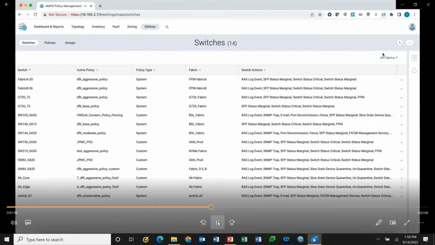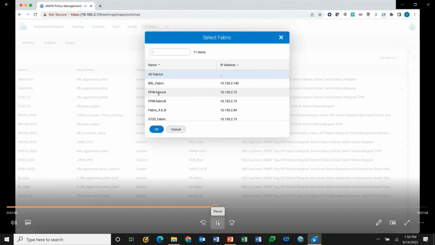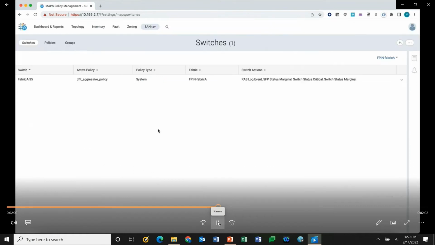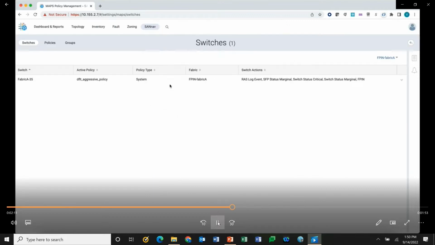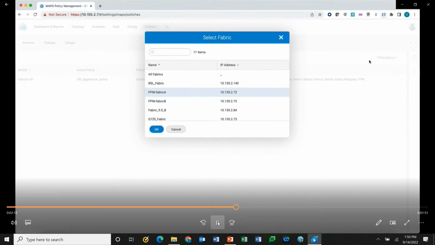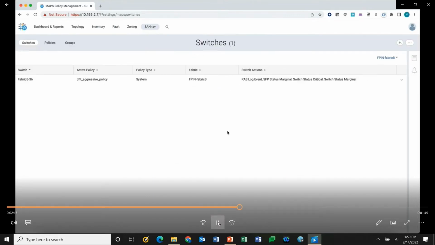Next thing he's going to do is we're going to go through here and we're just going to set up the two fabrics so that they enable fabric notifications on both of the switches. As he enables the fabric notifications on each one of the switches, activates that and says, okay, we're ready. Then we're going to go out and we're going to verify that it's been activated. So I'm a little bit ahead of the demo here. He's still just working on